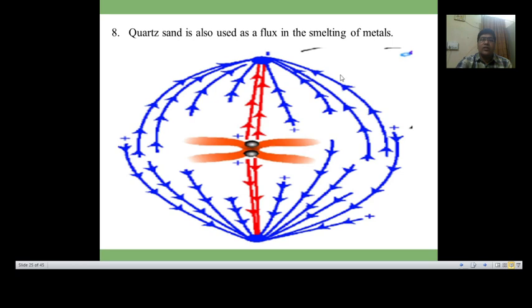Because of such movement, the material will melt soon and be converted into molten form. Without such movement in a melting process, it's not possible to finish the melting early. The stirring process automatically takes place. One is the development of the convection current that helps the melting of the material, and another is the stirring action, which also gives a uniform and homogeneous mixture. Such a role is played by the flux. Quartz acts as a flux material in the smelting of metals.